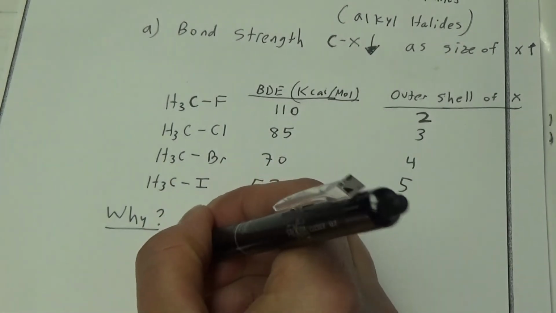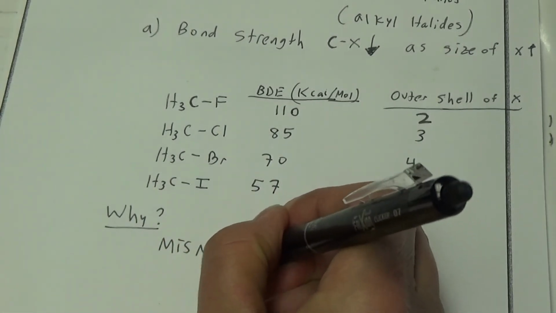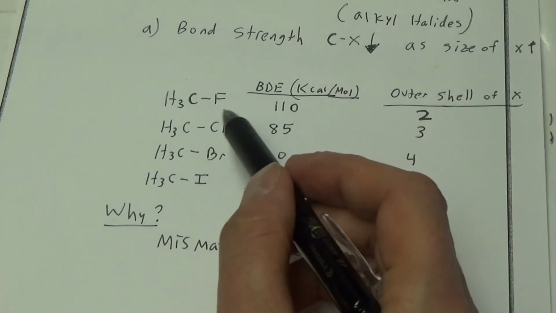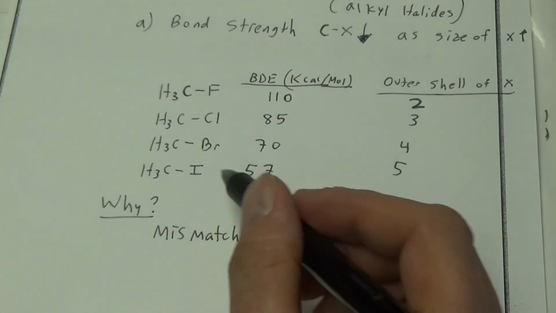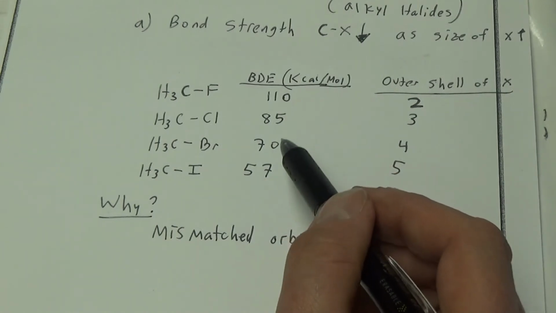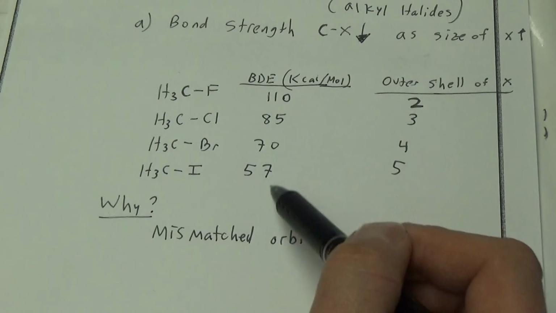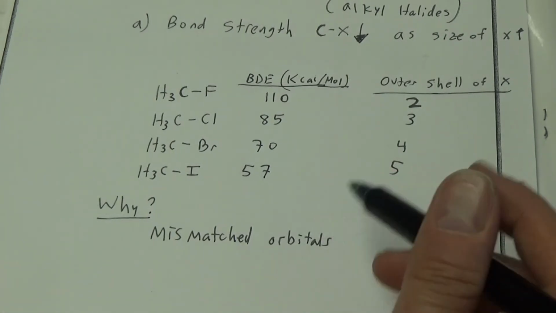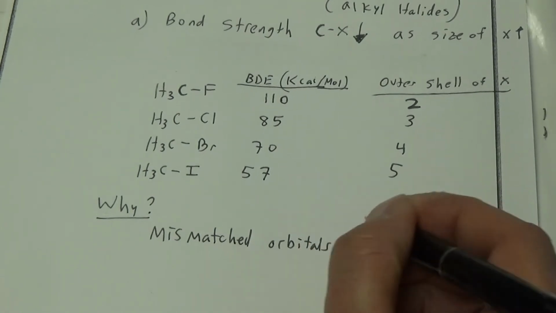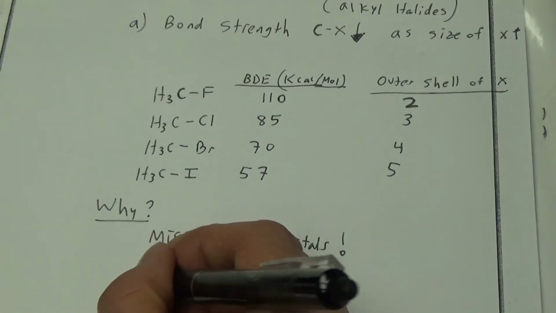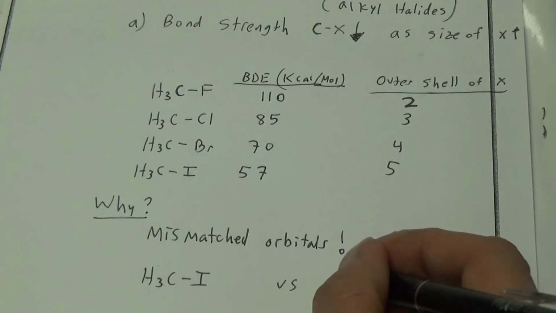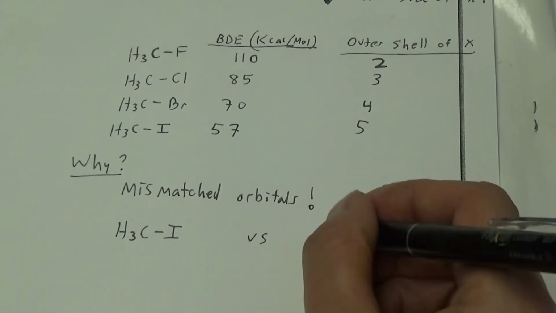One reason is mismatched orbitals. Now, of course, carbon versus fluorine, those are matched orbitals, so those aren't mismatched. But as you go down the periodic table, fluorine, chlorine, bromine, iodine, the orbitals are mismatched. And that would explain why the bond is weaker. Okay, so if we consider iodomethane versus fluoromethane,